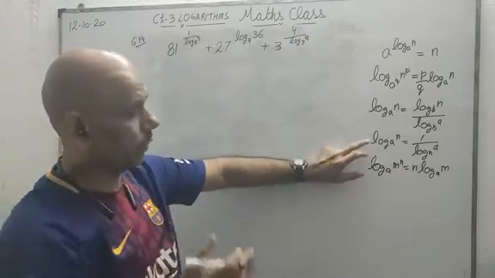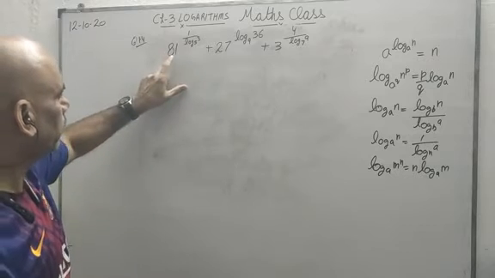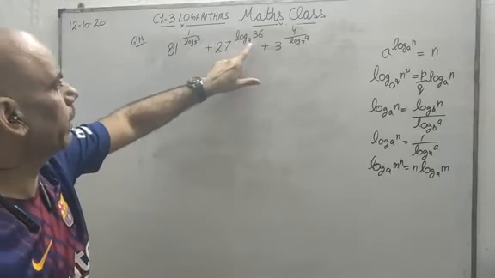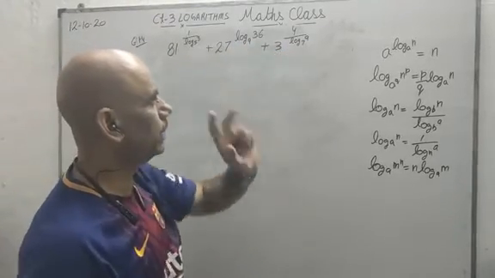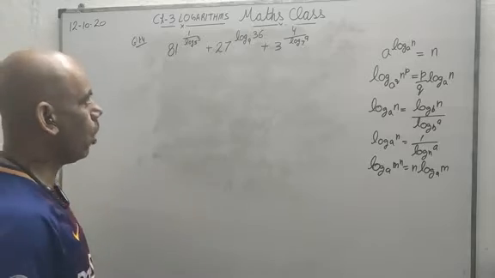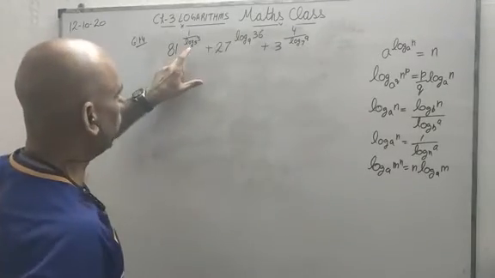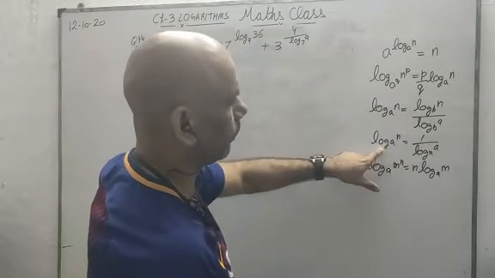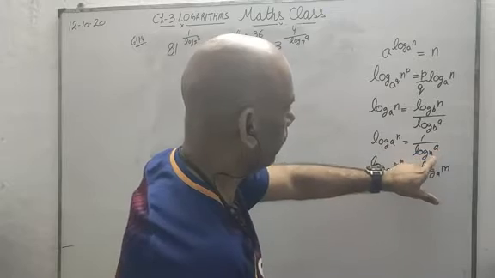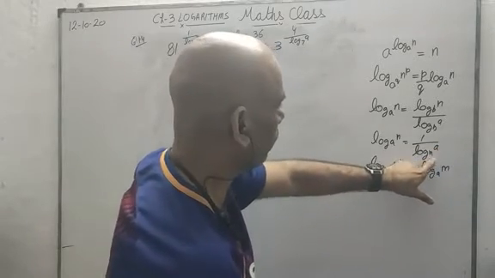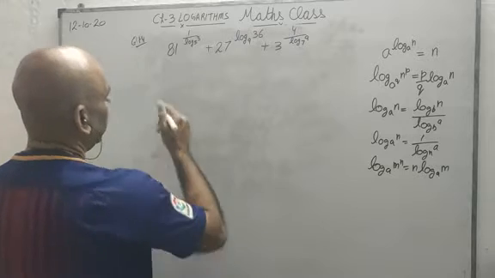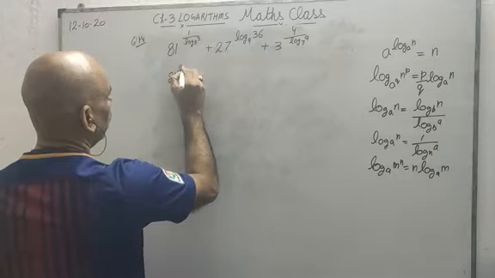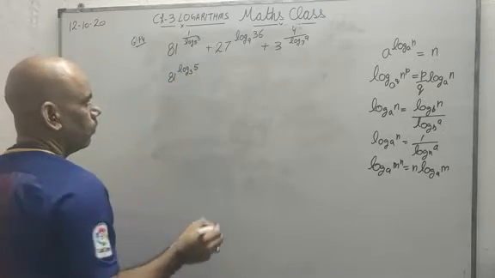Now look at this one. What I can see is that this will be 3, so my base should be 3. I want my log base to be 3. So 1 upon log 5 base 3, according to this, can be written as log 3 base 5. The base and this number will be reciprocal, they will be interchanged. So 81 will be 81 to the power log 5 base 3.